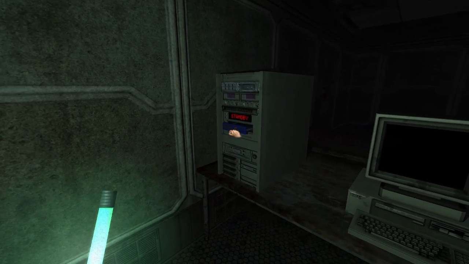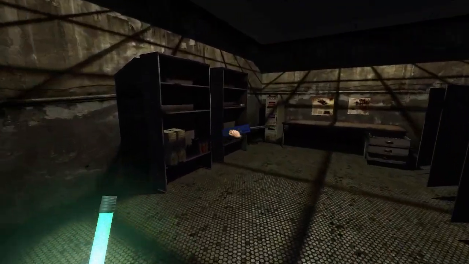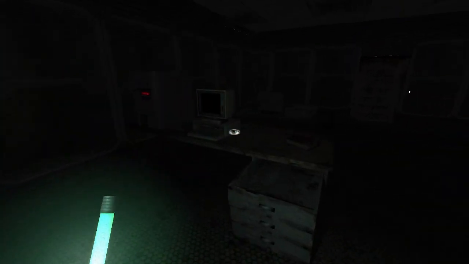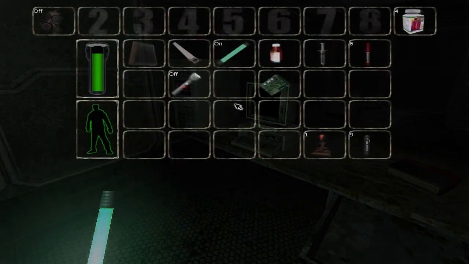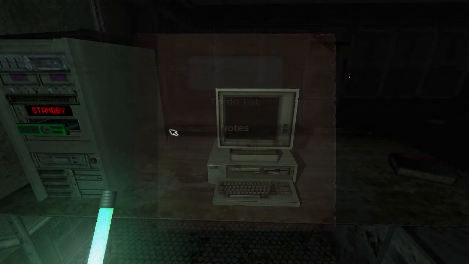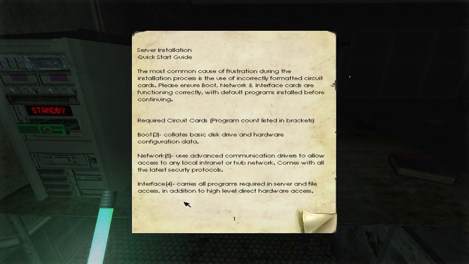Go. Okay, cool. Thought it was weird that it wasn't needing firewall stuff, but there you go. Turns out I'm just a big dummy. Okay, so now we have all programs required in server and file access in addition to high-level direct hardware access. Okay, so we have